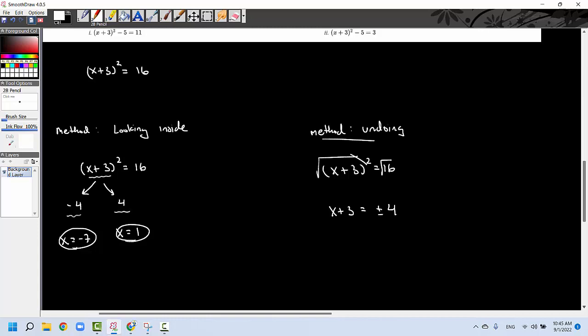The other way of looking at this is that if you square root the square, what you get is the absolute value of x plus 3, which is in fact the positive and negative version of the inside, which is exactly what the looking inside method was trying to get us to see the whole time. So a number of different ways of looking at this. And so from here, I'm going to go ahead and say x plus 3 equals 4, x plus 3 equals -4,